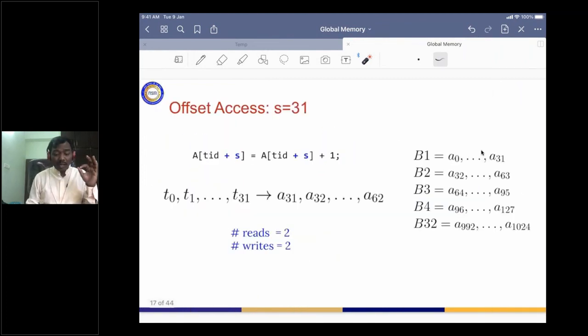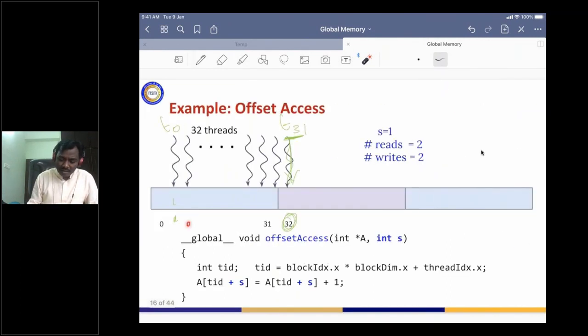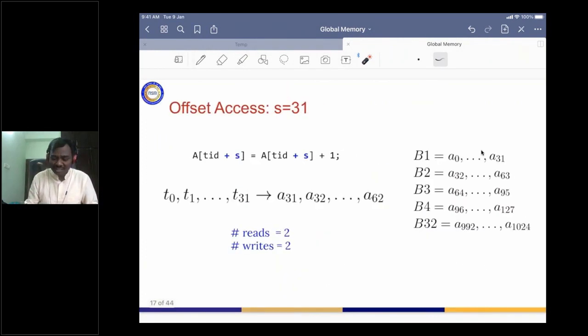Now let us look at what happens when the s value is 31. Earlier in the offset access, the s value was 0 at some time and 1 at some time. Now we are discussing what happens when s is 31. In this example, rather than drawing all these 3 blocks, we now have multiple blocks.